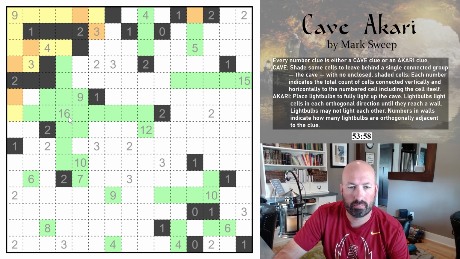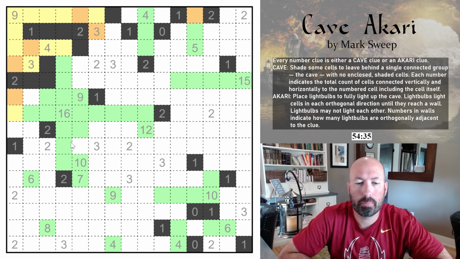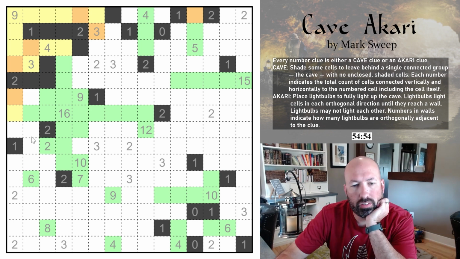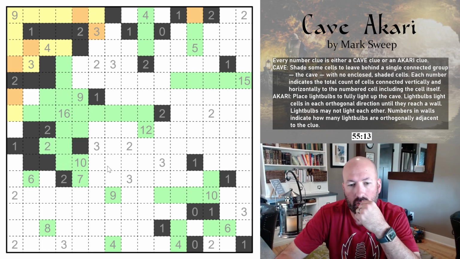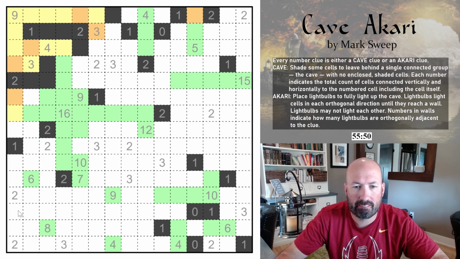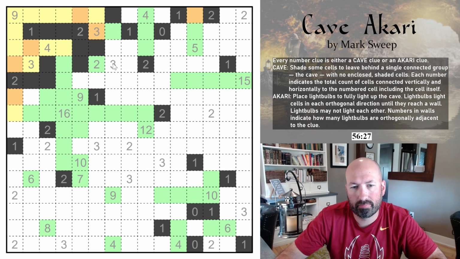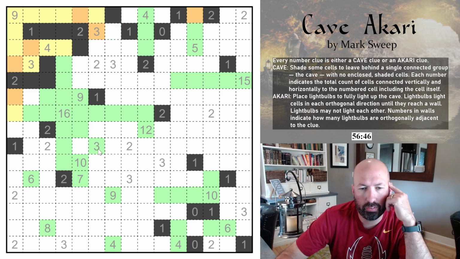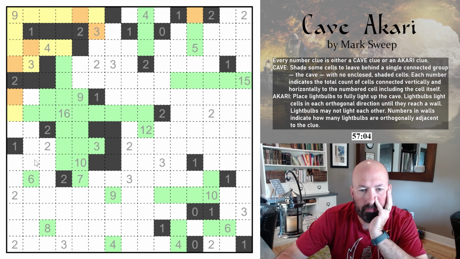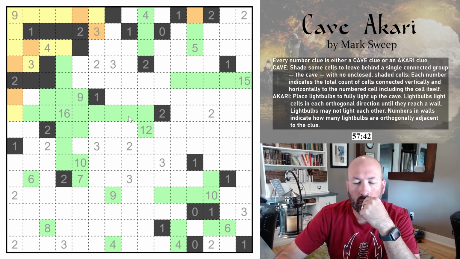Not that I was expecting it to be, but I feel like I'm just making really slow progress. There's been a lot of interesting deductions so far, though, and the fact that we have to already do Akari is kind of cool. Sometimes you would expect, oh, you're just going to solve the cave and then solve the Akari or something like that, but